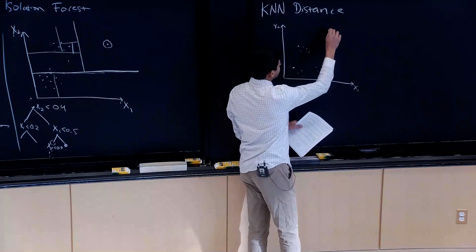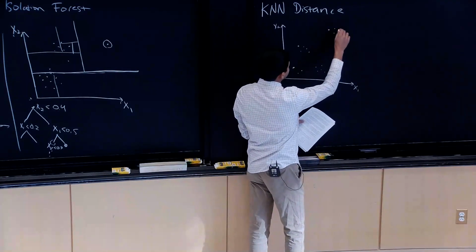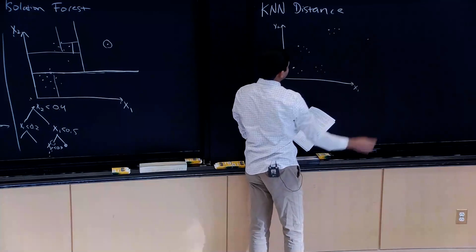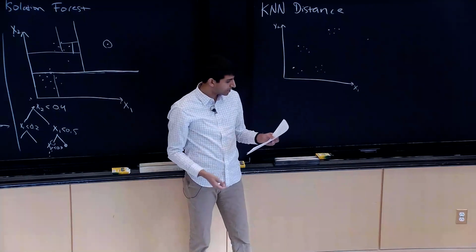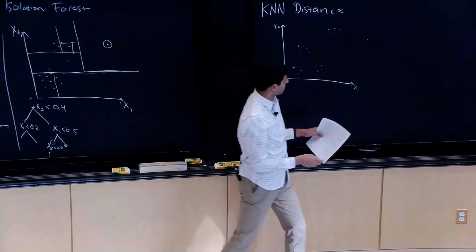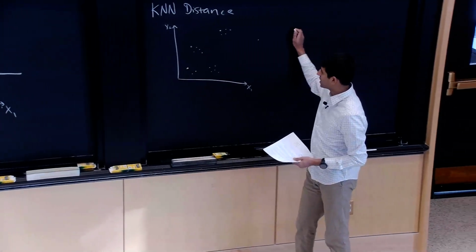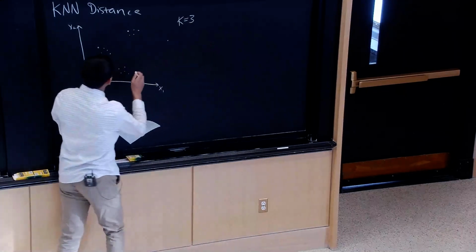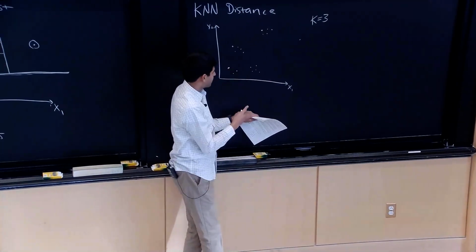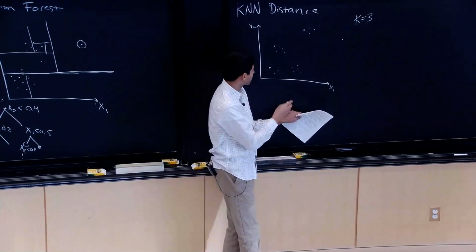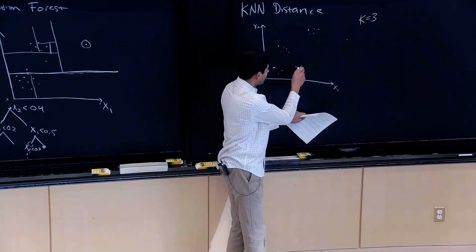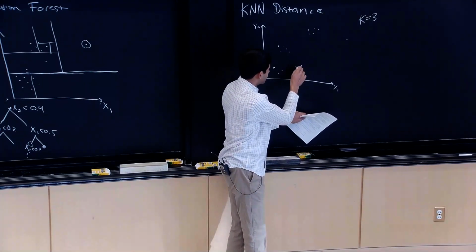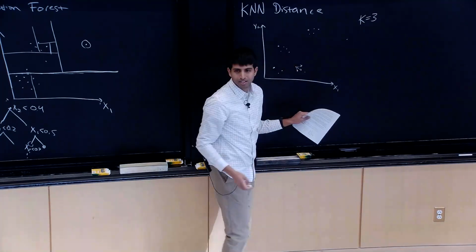If I asked you to come up with some algorithm for identifying outliers on your own, maybe you'd be able to come up with this. So one thing you might do is look at k-nearest neighbors of a data point. In this picture, I'm just going to pick k equals 3. And then say I want to give a score for a particular data point. What I'll do is find its 3 nearest neighbors and compute the average distance to them,